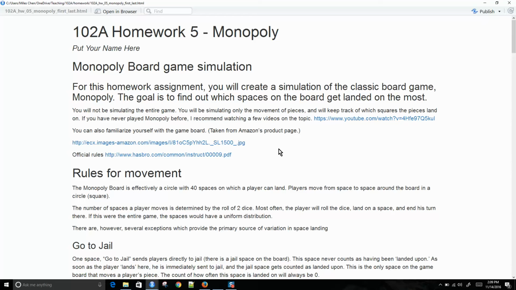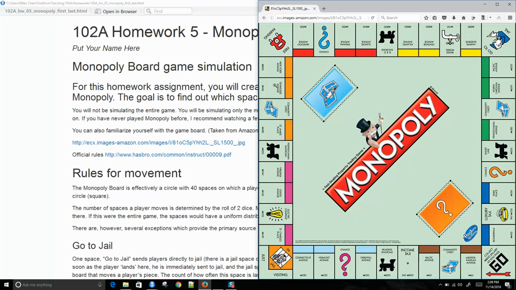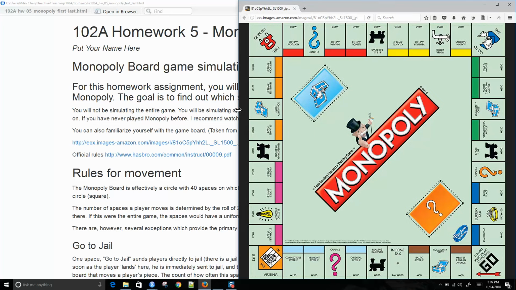Monopoly is a board game, and I imagine many of you have played it. But if you have not played it, you can watch videos, or you can play it with a friend and get a feel for it. In the game, you move around the game board. You're trying to purchase properties and charge rent, and you're trying to bankrupt the other players, take everybody else's money, so you're the only one with money at the end of the game,